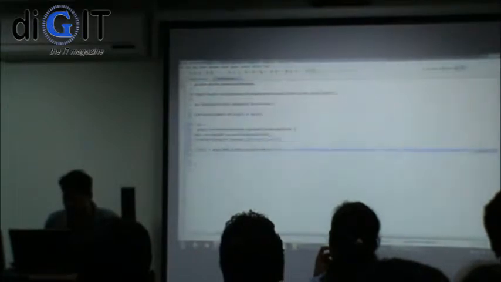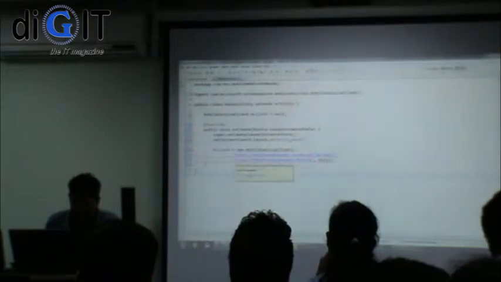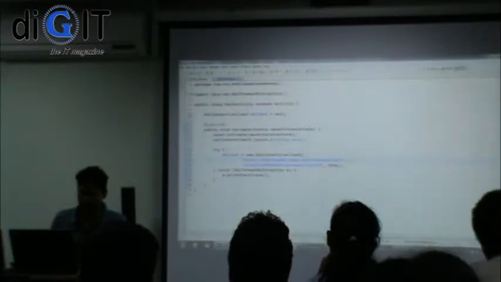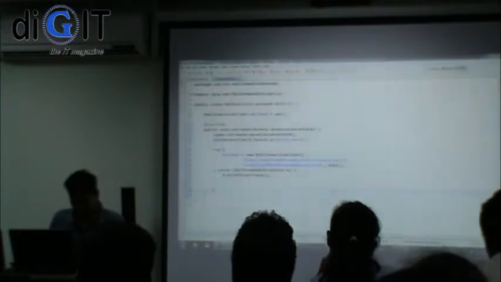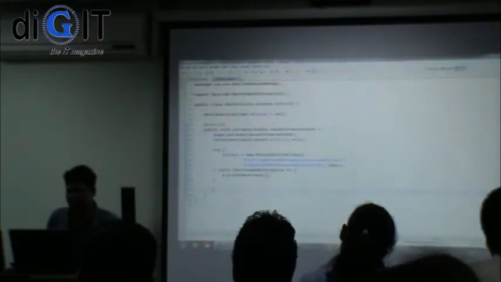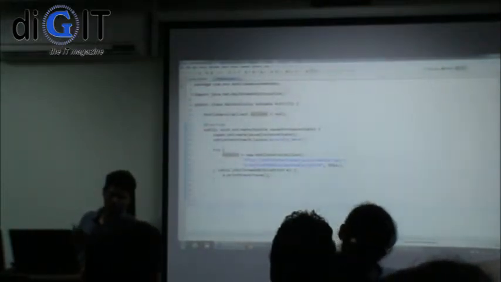I'm just going to do this. And obviously this throws an exception, malformed URL. I need to catch it. I know it's not going to throw that exception; it's going to find the URL perfectly. Once you're here, basically you have an instance, you have a connection to your service that's running on Azure. This is your client. Let's just create a simple list of users. Nothing useful, but just to show you the concepts.